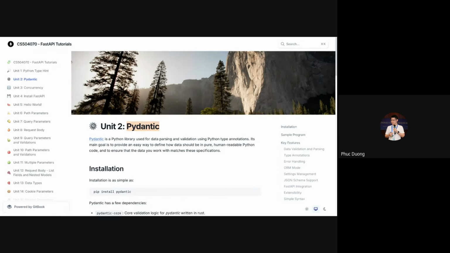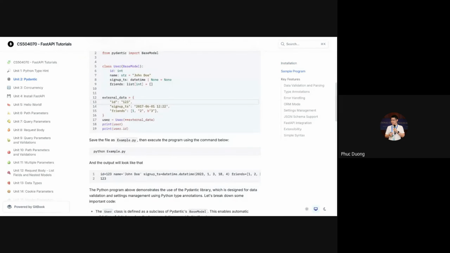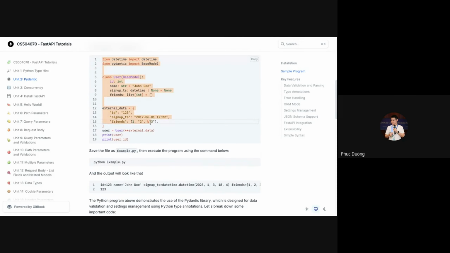So in Python, we use Pydantic because we can take advantage of the automation in data parsing and data validation without the developer manually defining it. So for example, let me demo a small program to you.